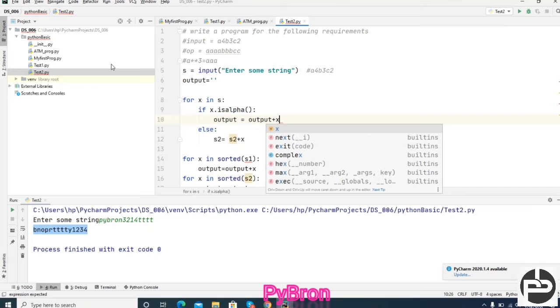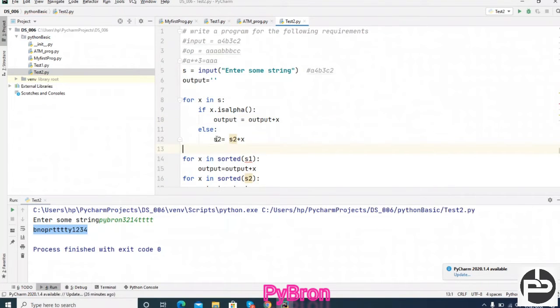Next, if it is not an alphabet, then you have to multiply with that. So what you can do: output is equal to output... hey, I am writing the complete code, buddy.